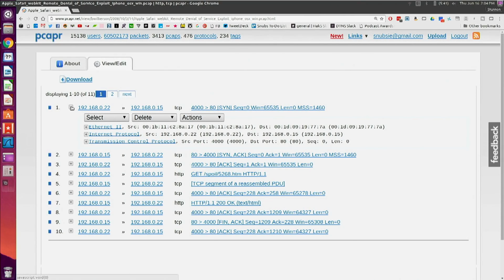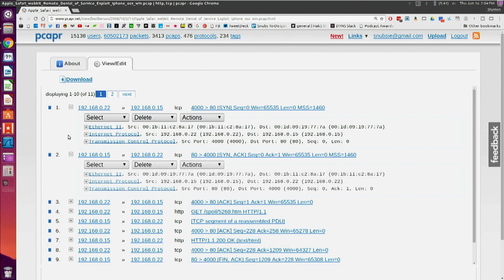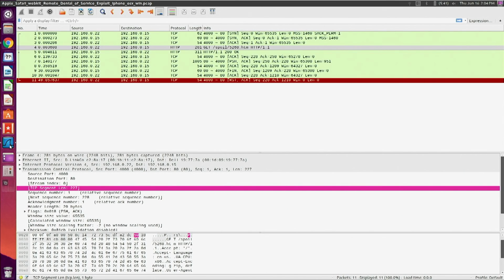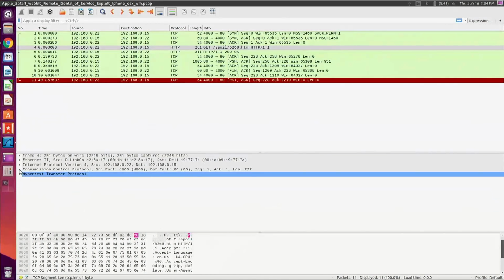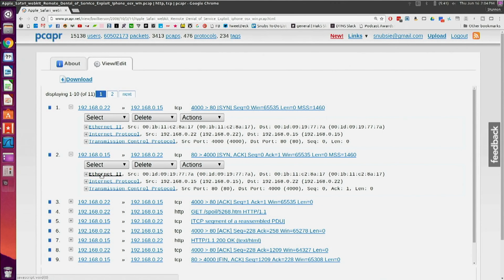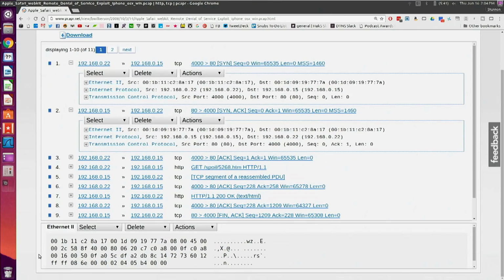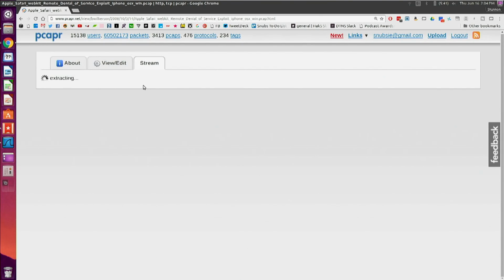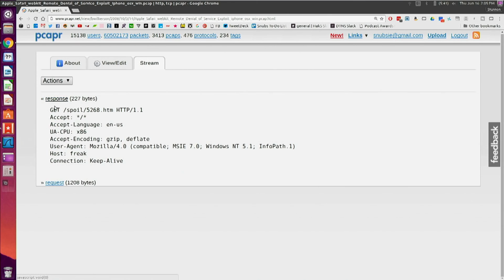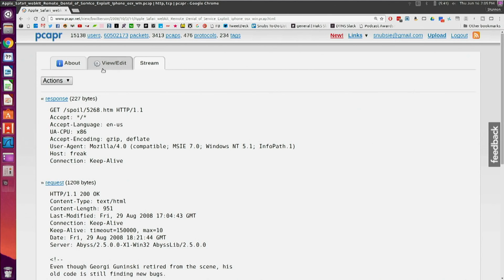So by clicking on the plus menu for any of these different packet captures, it's going to give you a little drop-down menu. Now this looks exactly like what you would find in Wireshark. So if I click over to Wireshark, it's the same exact menu as what you'll find down here in the second window. If you click on any of the blue links, such as Ethernet 2 right here, and then scroll down to the bottom, this is also going to show you all the byte data at the bottom. You can also view a stream of data if you click on Actions and choose, for example, Reassemble. And this will give me the responses and requests for that specific stream of data.